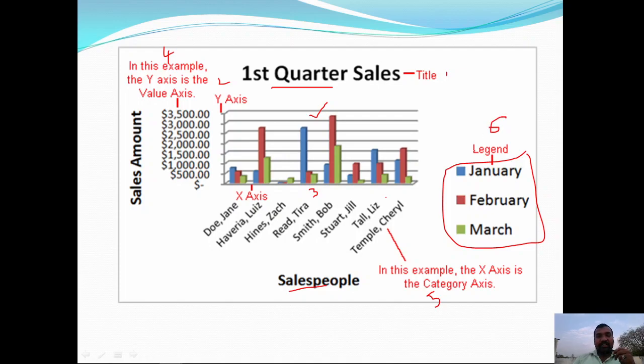So these are the 6 different components that are associated with any kind of chart. Let us discuss these briefly. We need to know what the title is, what legends are, what the category axis and value axis are, and what the x-axis and y-axis are.